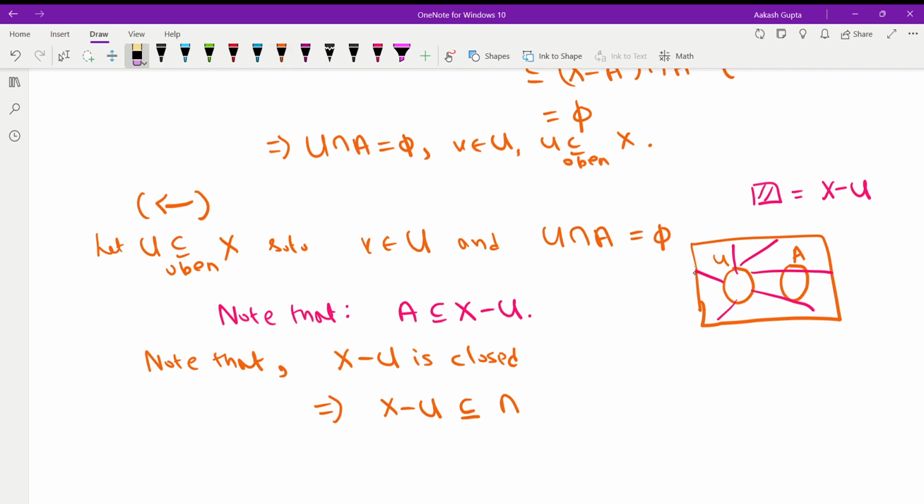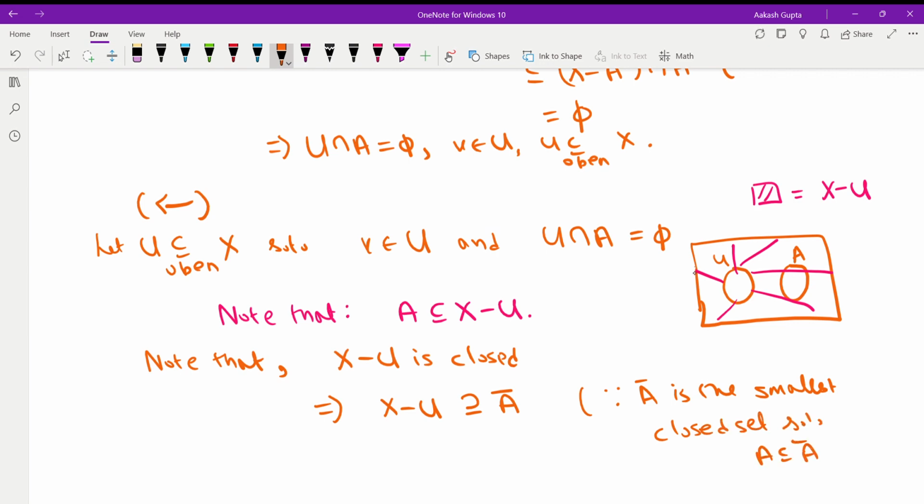Sorry, it is not inside. It should contain A closure. Right? Why? Because A closure is the smallest closed set such that A is contained in A closure. So it should contain A closure because A closure is smallest. Also,